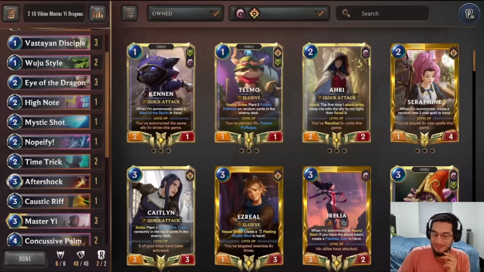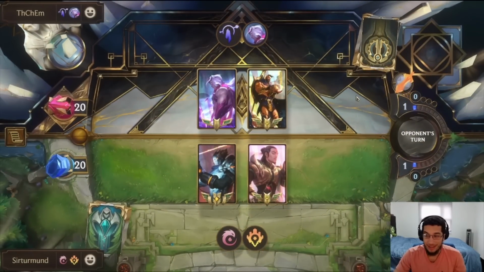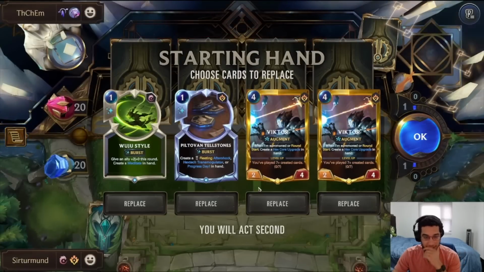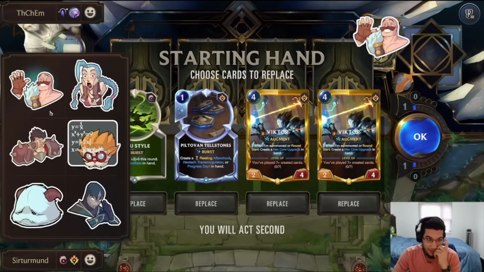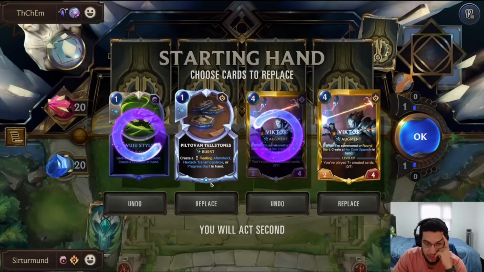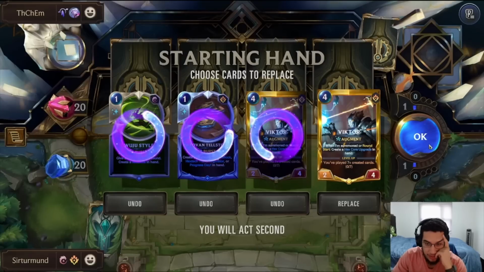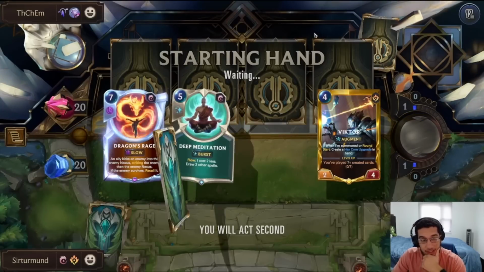Enjoy the games. In this match, we're going against Varus Pantheon. Okay, we have to definitely keep the Viktor, right? At least one Viktor. I'm trying to debate if I want to keep this Piltovian Tailstones. Having access to the Aftershock is pretty good. No, I think I want to look for my Master Yi, or...